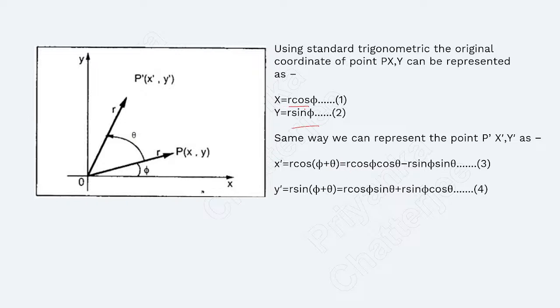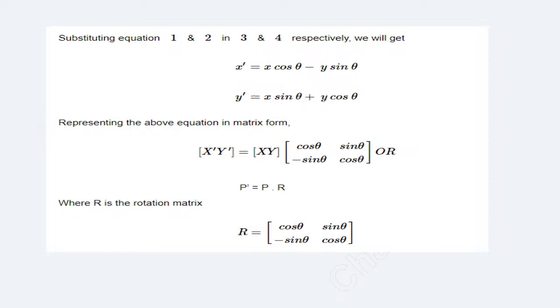I will put this value here. After putting the value, ultimately my answer will come here: x cos theta minus y sin theta, and x sin theta plus y cos theta. This is your formula for rotation. This is the formula for rotation. If I am converting it